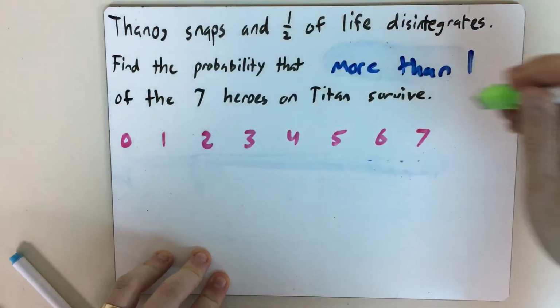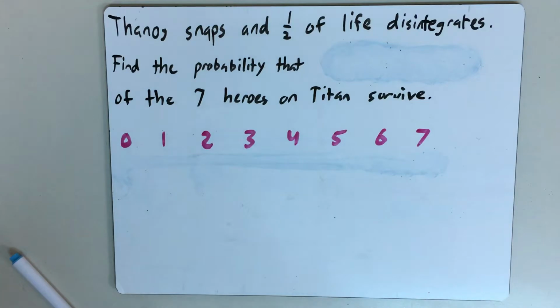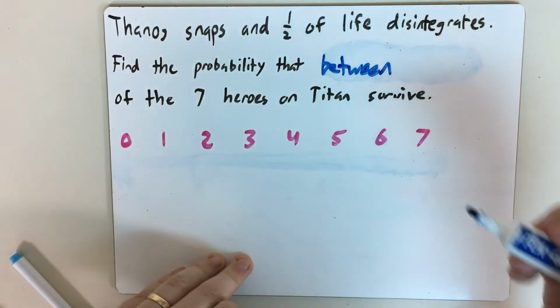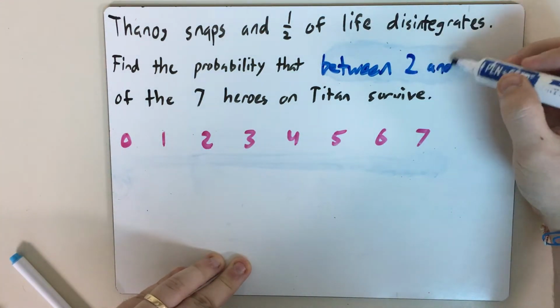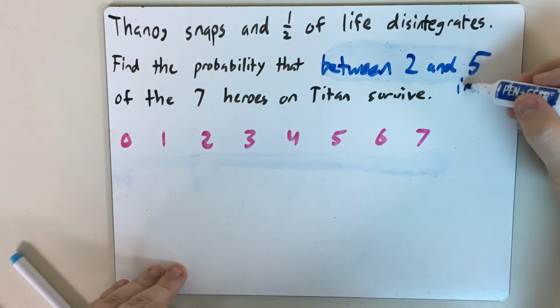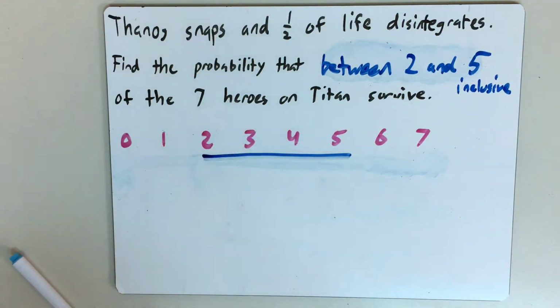Now the last 2 are actually kind of tricky. So I'll do both of them at the same time. You could see this word between. And you could see something like between 2 and 5 of the 7 heroes could survive. Now, there's a word that if you see it, you'll know to do one of these possibilities, but if you don't see it, it's kind of up in the air. If you see the word inclusive, that means that you include 2 and 5 in this range of probabilities that you're trying to find. If you don't,